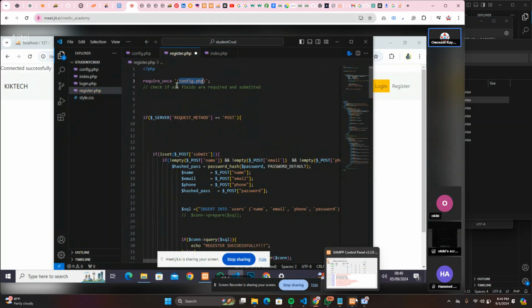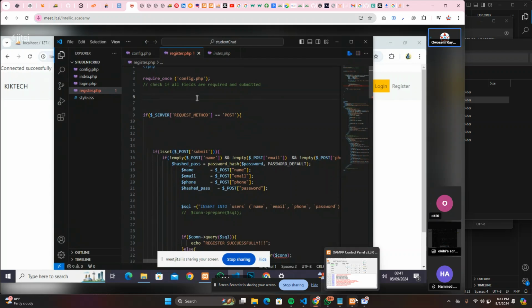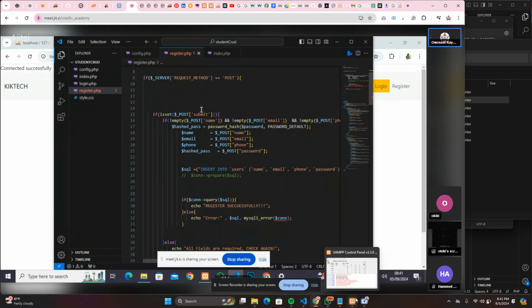No, like the other way. The bracket should be before the quotation and after the quotation. Yes. Check if options are required or submitted. Okay, so if server request method is post, yes. Come down to line 15. If post submit is set,